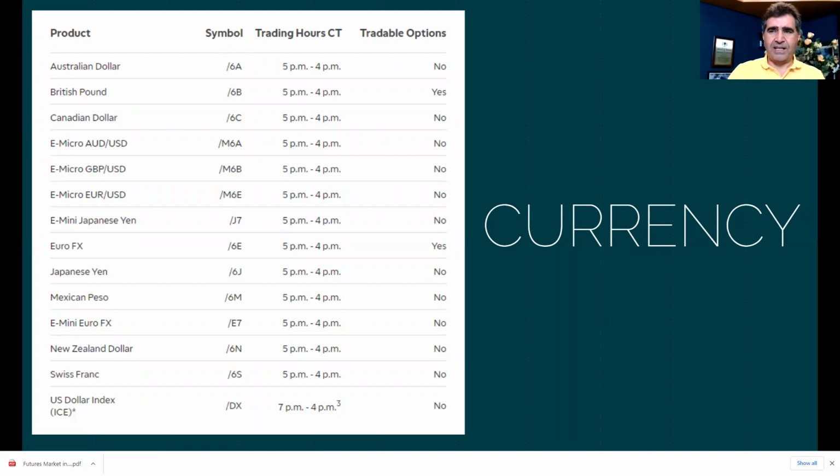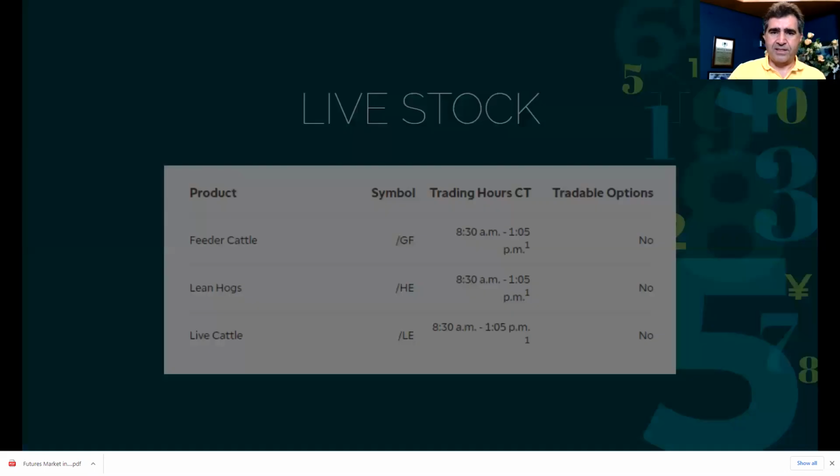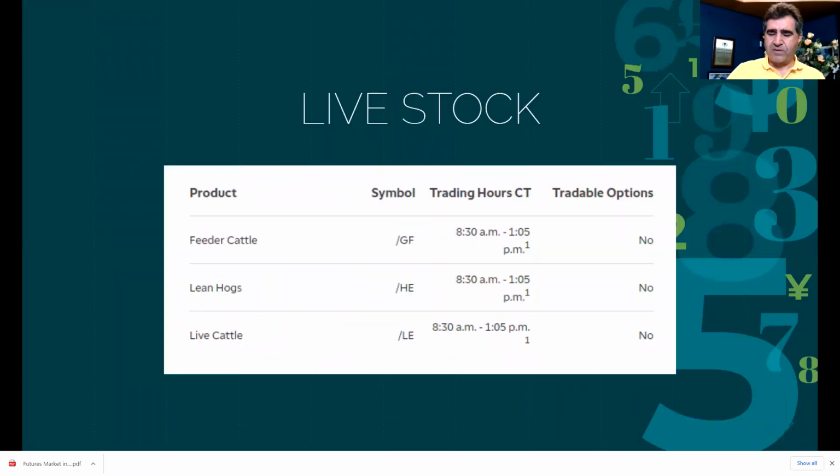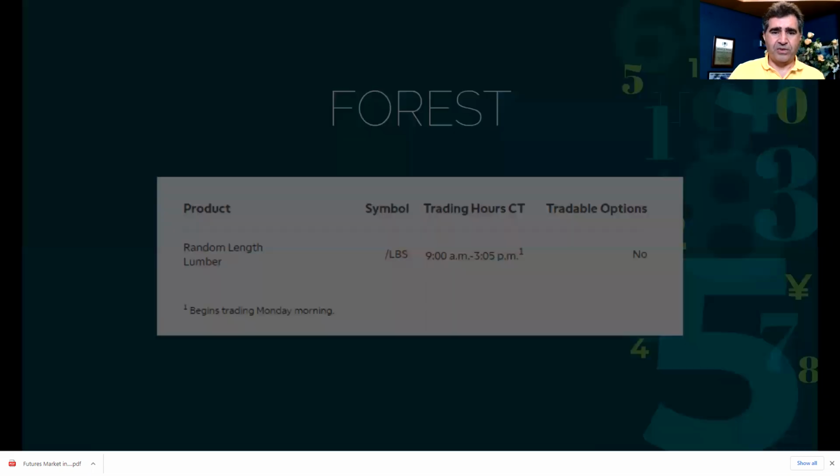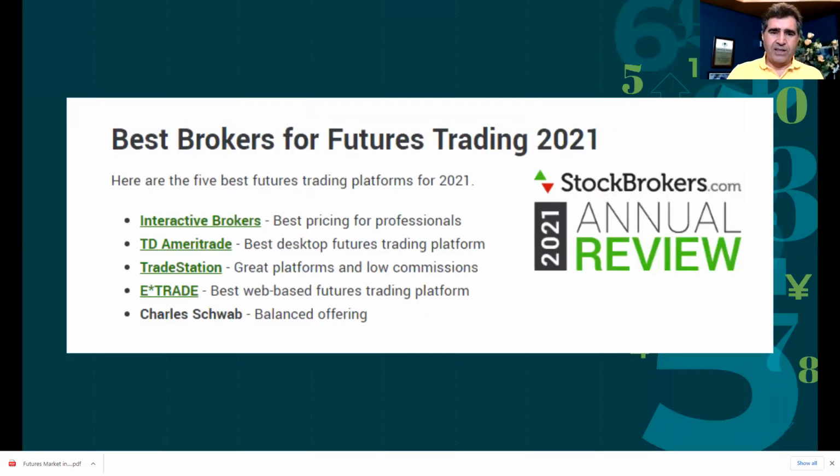And from a technical analysis point of view, it's a little different than if you do the Forex analysis. Livestock, I mentioned, feeder cattle, lean hogs, and live cattle. Forest, well, you know the story about lumber. Imagine if you would have been playing futures on lumber. It's not very liquid in some ways, but still, you could have traded it since last April, for instance. I think almost we are done with our slides.